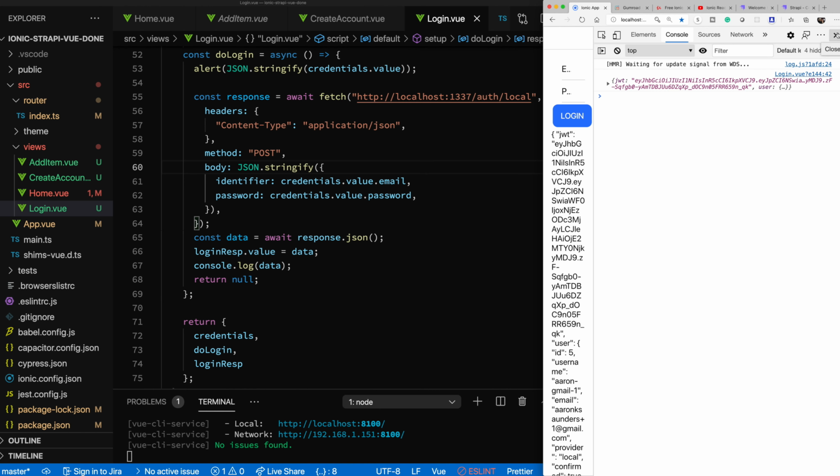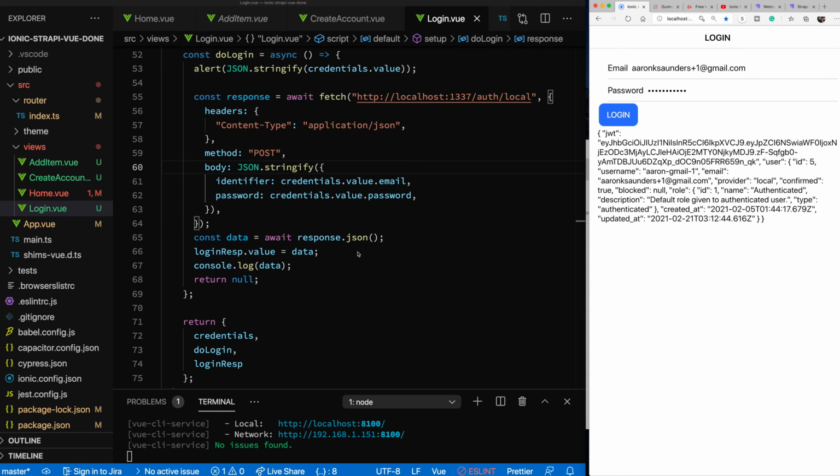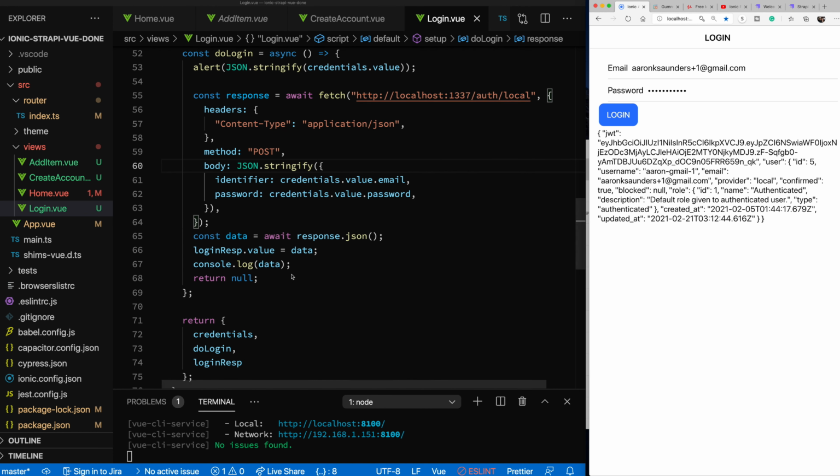So let's get that going. Let's shrink this back down to the side. Actually, let's do one last thing. If I get here, which means I didn't get an error, we're going to just redirect you back to the home page. So to redirect you back to the home page, it should be as simple as just using history and setting the path. And so we'll use our router,